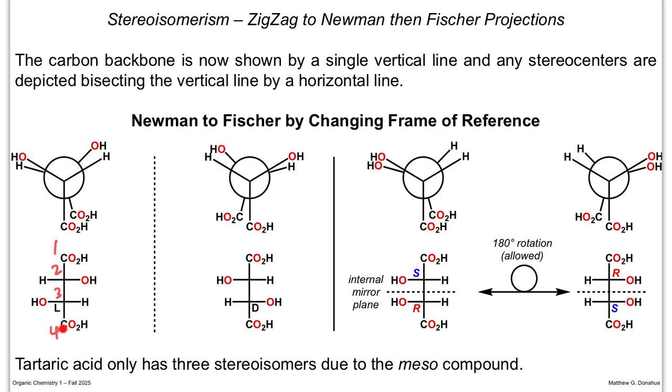That's the carbon backbone. So carbon 1's always at the top. Then we have, in this case, 4 carbons. Let's just call that number N. If you take N minus 1 to arrive at the penultimate stereocenter,